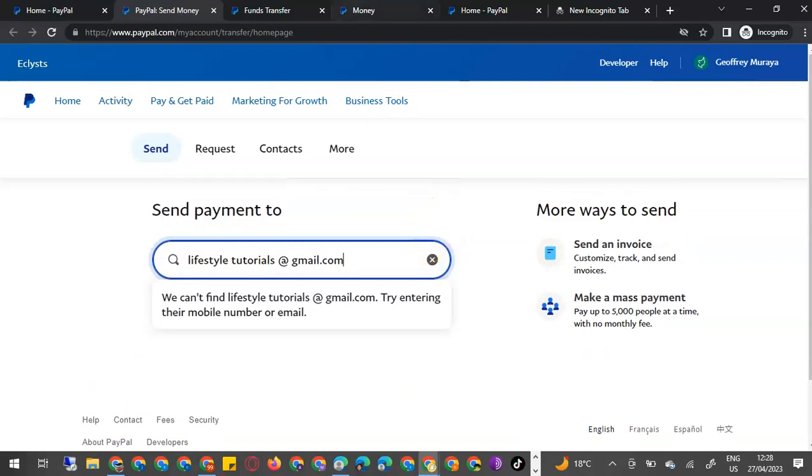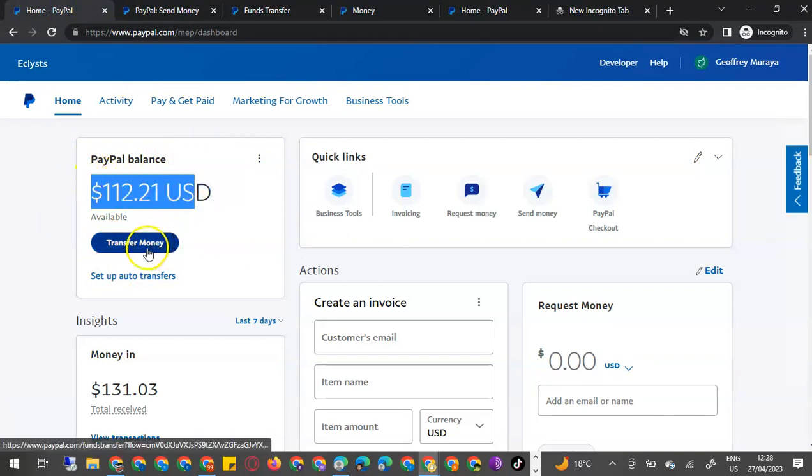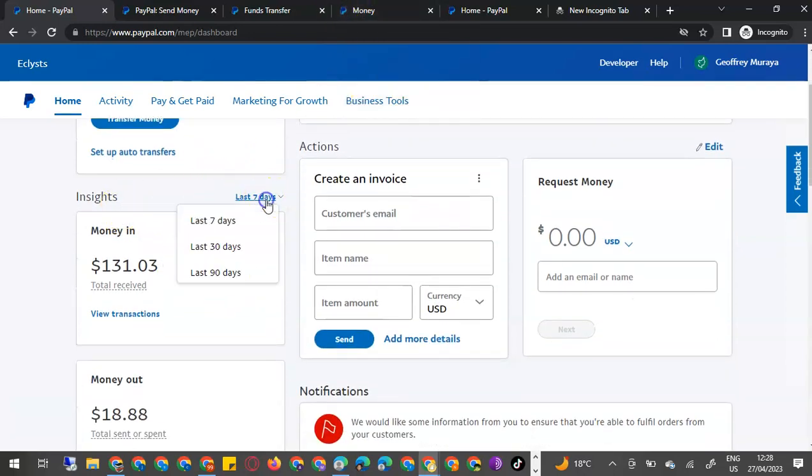So this was an ultimate beginner's guide to guide you. We talked about the PayPal balance. We can come here, transfer the money, and set payment. We can even opt for the preferred method. Inside, for the last 7 days, we can